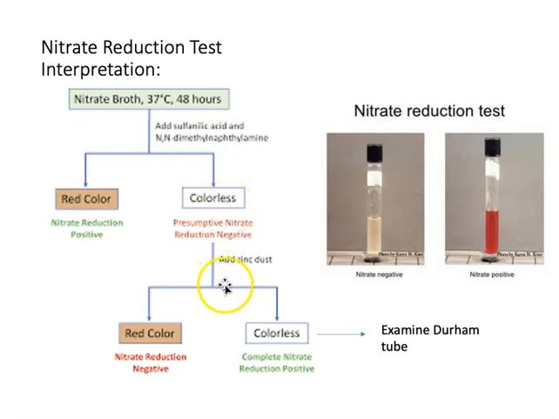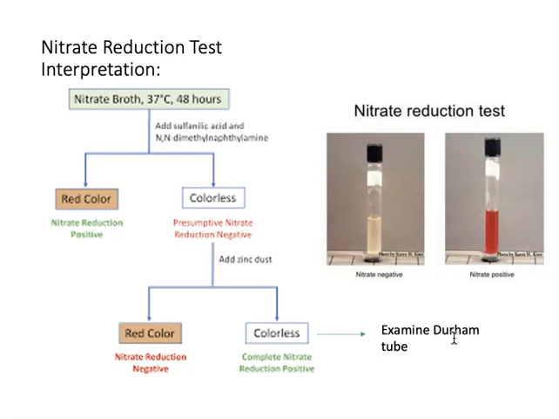We add the zinc reagent. If it turns red, that's a negative test result. That means that the bacterium was not able to reduce the nitrate. The zinc dust reduced the nitrate. If the tube is still colorless after the zinc dust gets added, we have to look at the Durham tube. If there's gas present, we know that the reduction of nitrate went all the way to nitrogen gas. Positive test result. If there's no gas in the Durham tube, we know that the nitrate was reduced to nitrous